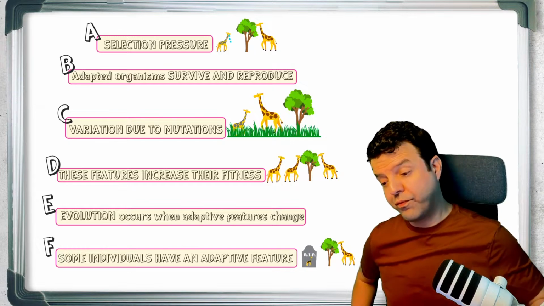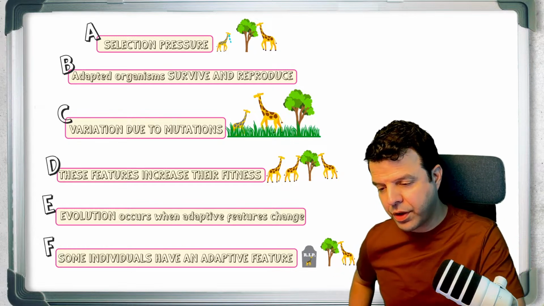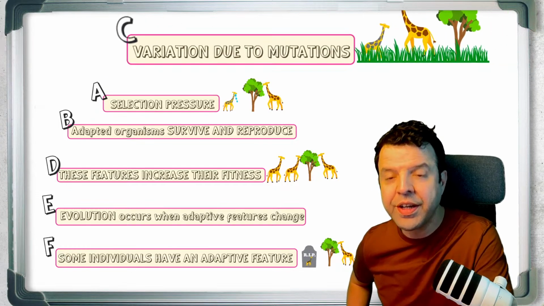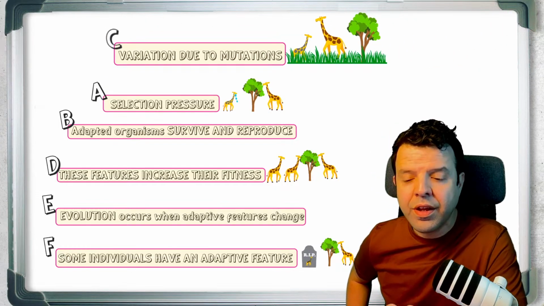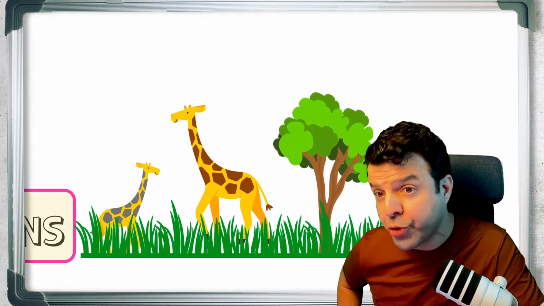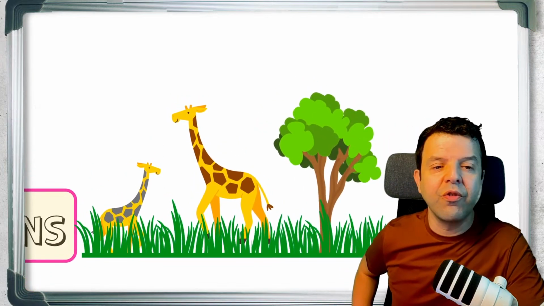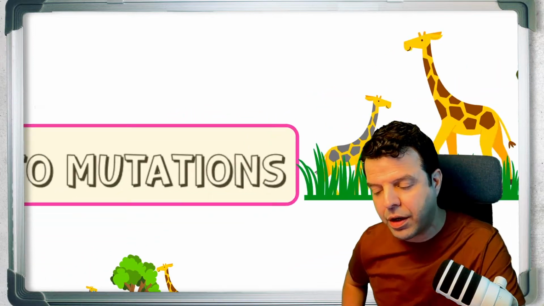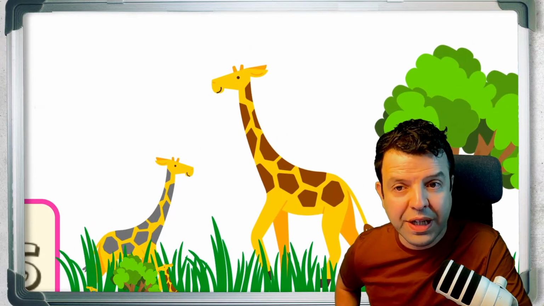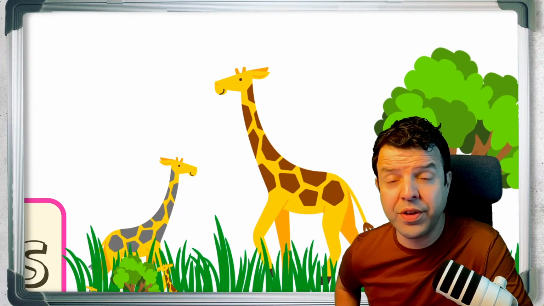Variations. So I'm going to start with variation. Do you see what I've written here? I said the length of the neck of the giraffe shows variation, and this variation is because of some mutation. This long neck giraffe wasn't normal,